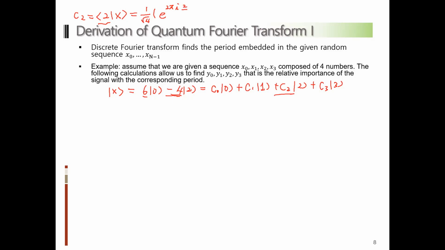So this is 2 over capital N, which is 4, and then we multiply by 0. The next term was 2 pi i, and then it is again 2 over 4 multiplied by 1, and then the next term was e to the i 3 over 4 times, sorry, this should be 2, and it is multiplied by 2. The last term was 2 pi i 2 over 4 times 3, and this value is multiplied by x, the vector x, which